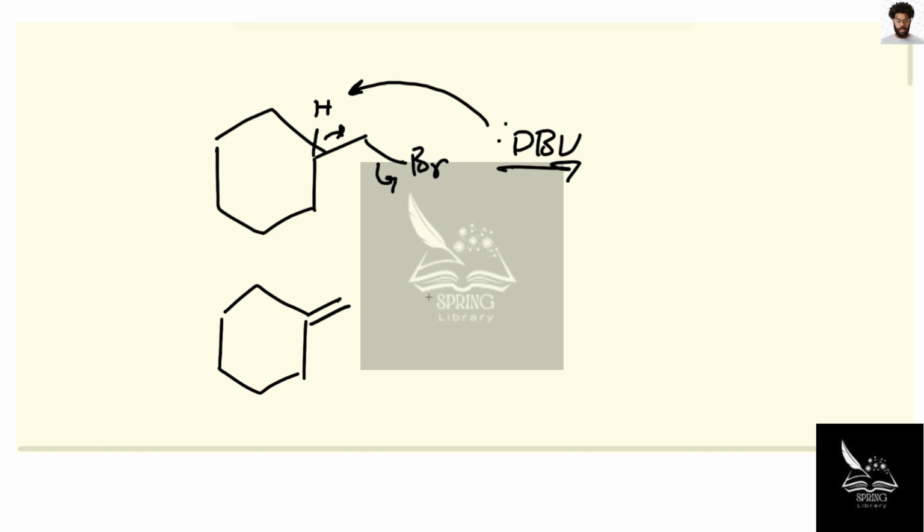And the question is asking us, okay, this is A. Is there some way that we can get B, right? Now, you'll notice, B is actually more stable. It's more highly substituted. But that depends on whether there is a path to generating B,